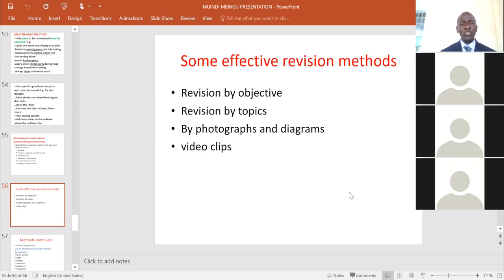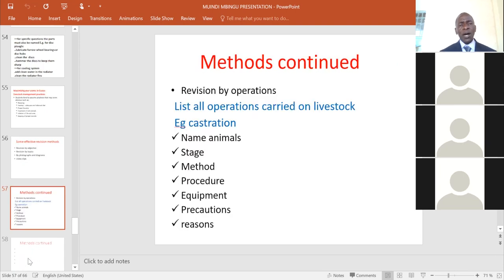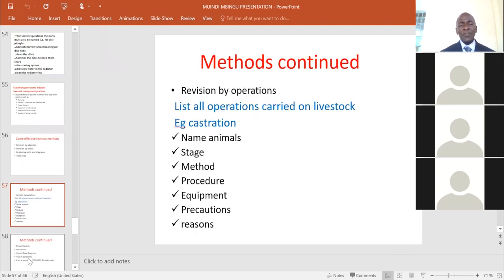Video clips may also be used where they are available to go through the management practices carried out in livestock production. Revision by operations. So you list all the operations carried out in livestock production, and then you share these operations, and then each candidate does some research on the subheadings, name of the animals on which that operation is